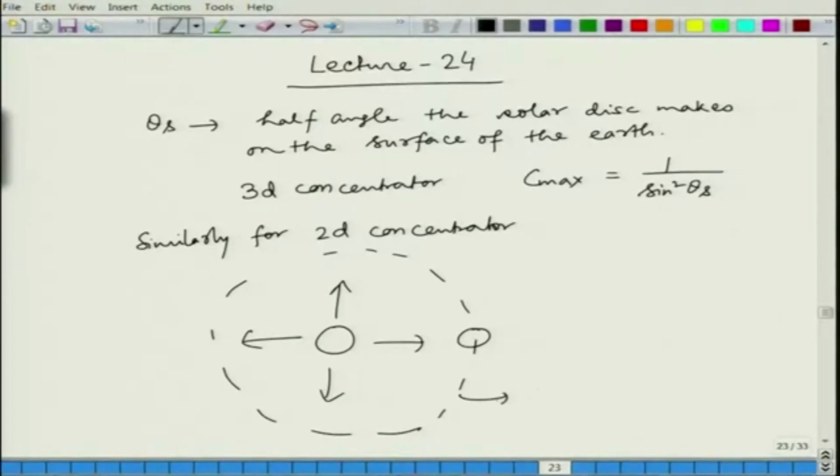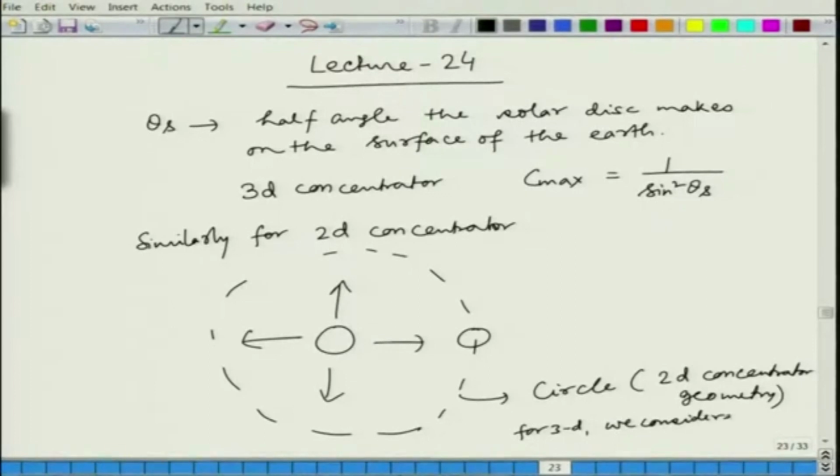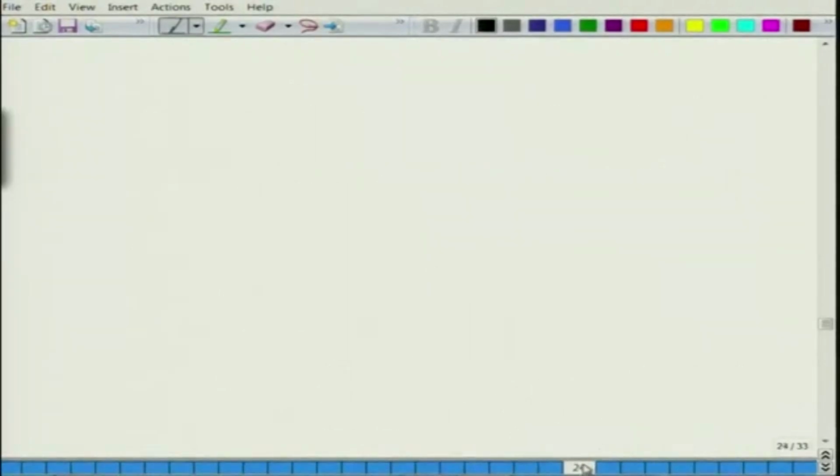So, instead of a sphere, this is a circle for the 2D concentrator geometry. For 3D this is a sphere; we considered a sphere around the sun. This time we are considering a two dimensional circle. So, again in a similar way